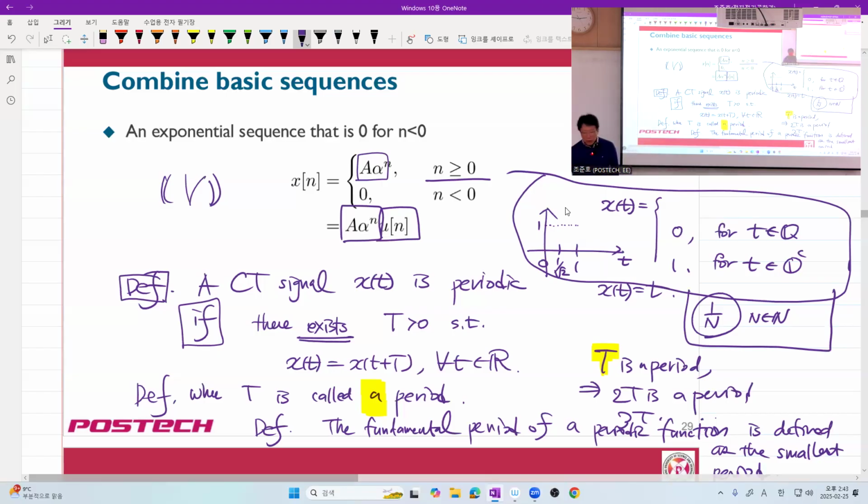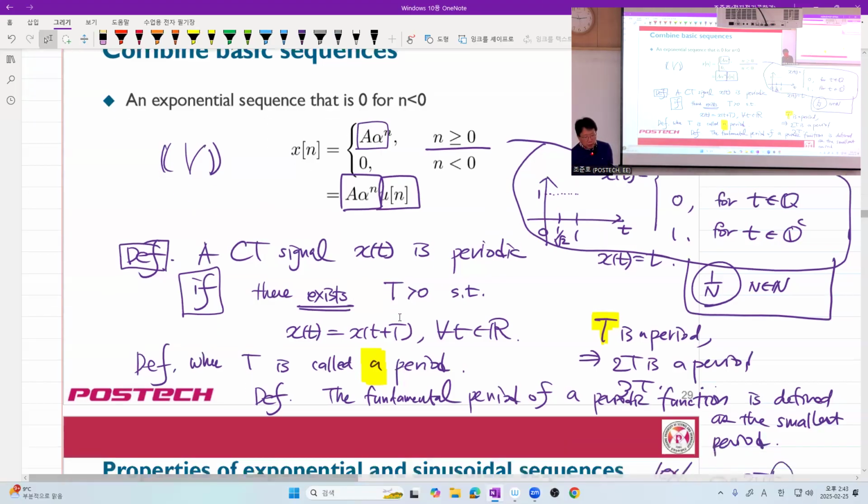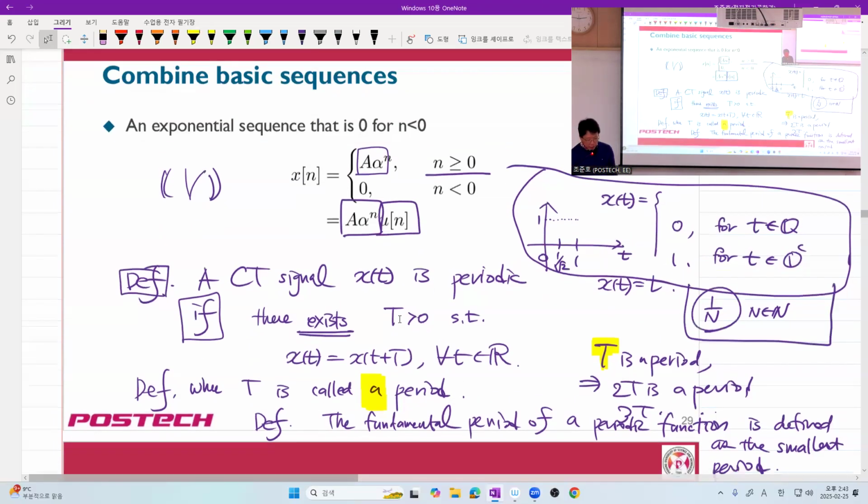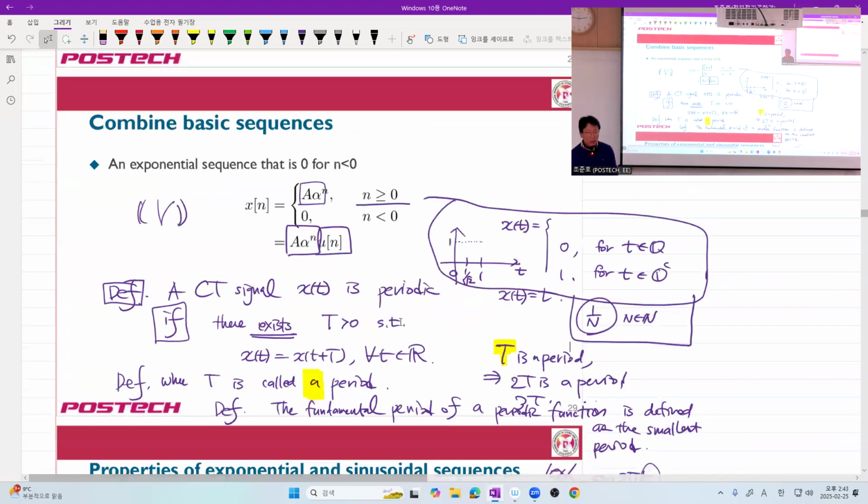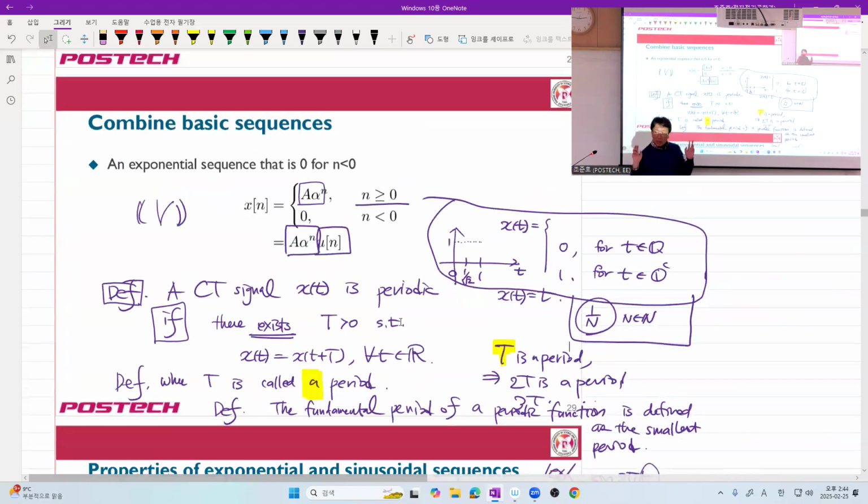Anyway, the reason why I emphasize this, even though it's not important, is that some textbooks, even the textbooks used in the university, say that a fundamental period exists. It's not. Okay. Anyway, so here the lesson is that whenever you define something,